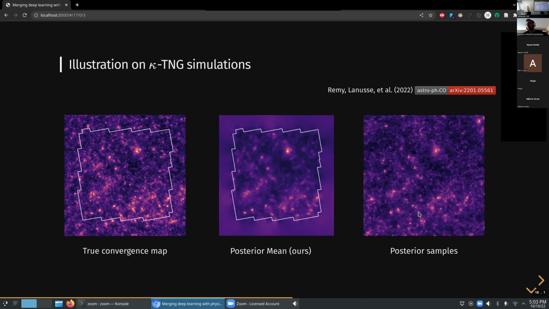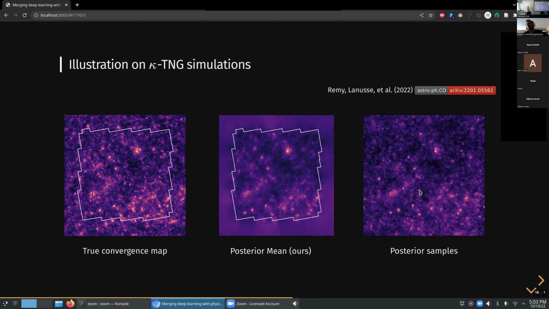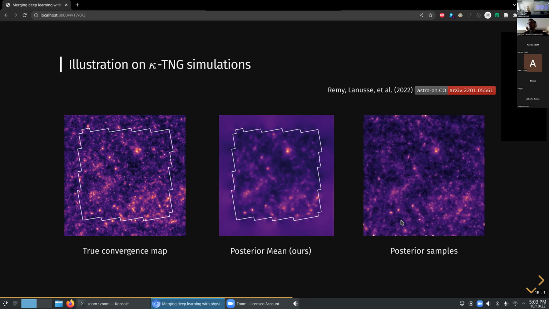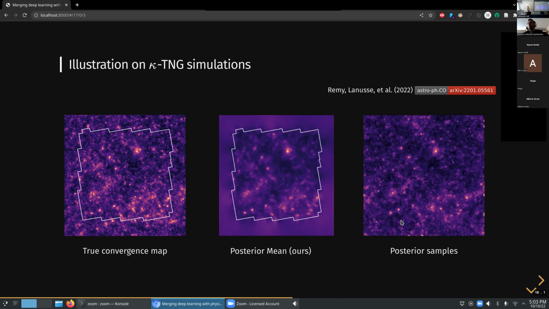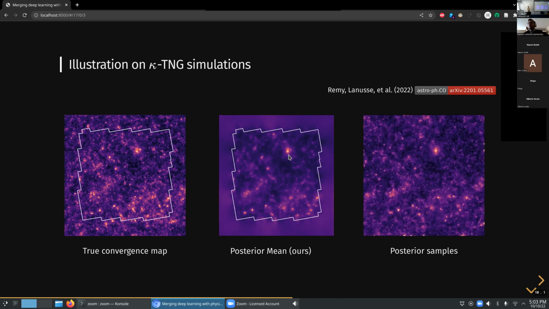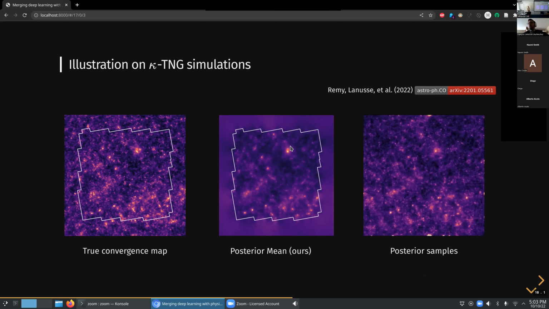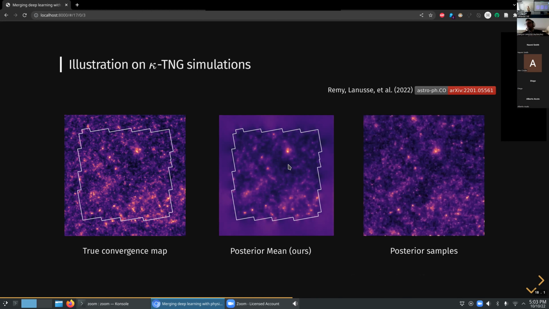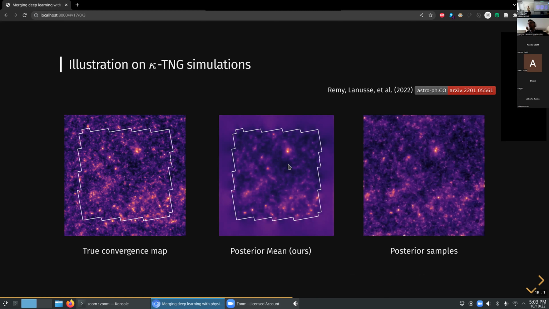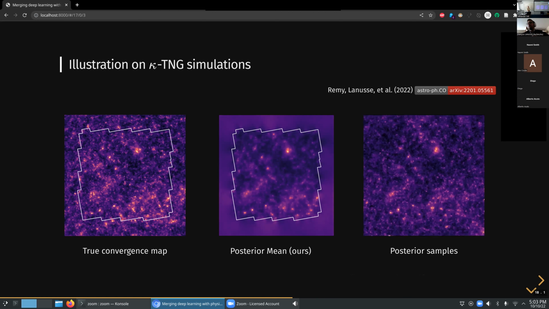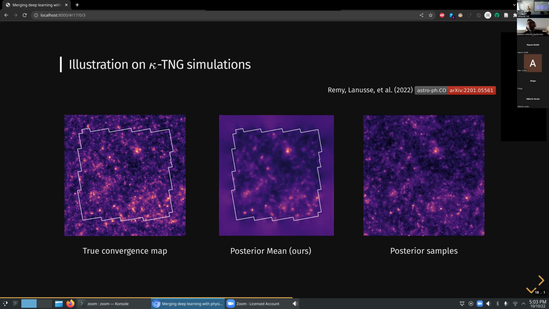Either you look at all of the posterior samples like this movie, or you make maps of the standard deviation, for instance, and then you can look at whether or not this region is bright in the posterior mean, but also has lots of standard deviation, in which case maybe you should not believe it too much. It's not strongly motivated by the data.